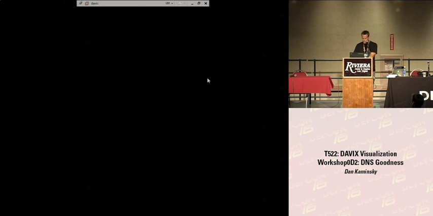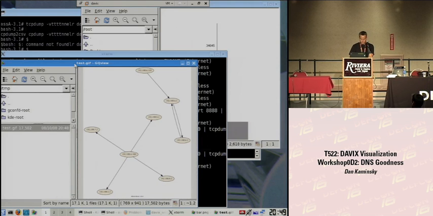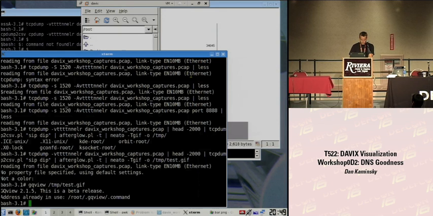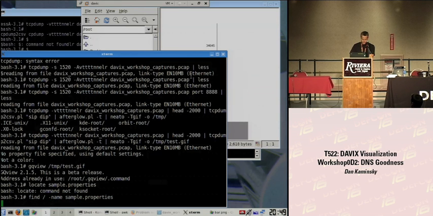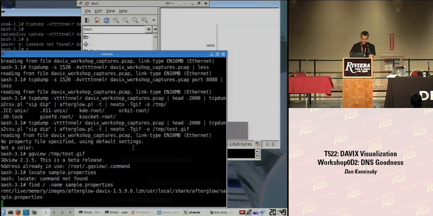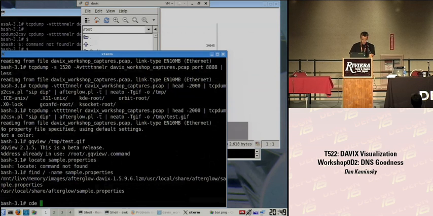Now, let's add some color here, I guess. That might be interesting. So how I go about that is, let me find sample.properties. Oh, locate is not done there. Yeah, that's another tool to add, locate. That might be nice. If you guys have suggestions on what to do on DAVIX and things that you're missing, Jan loves getting suggestions. Doesn't mean he's going to implement them, but